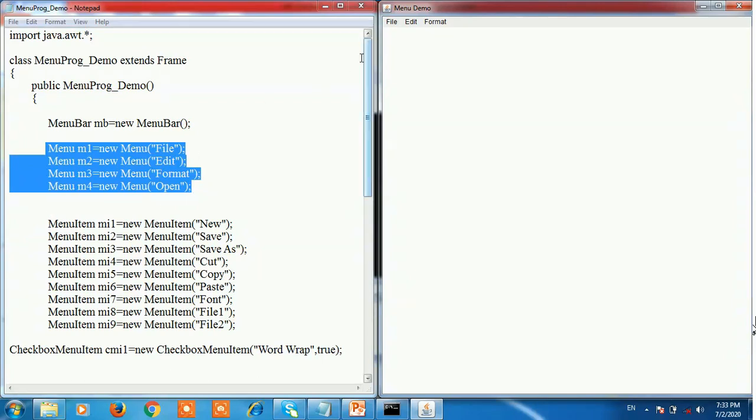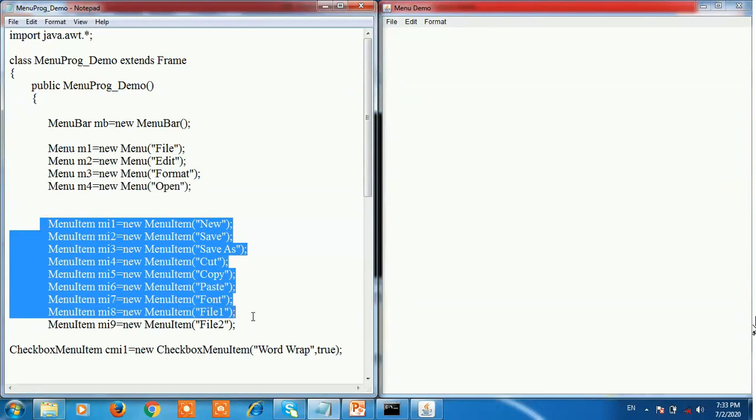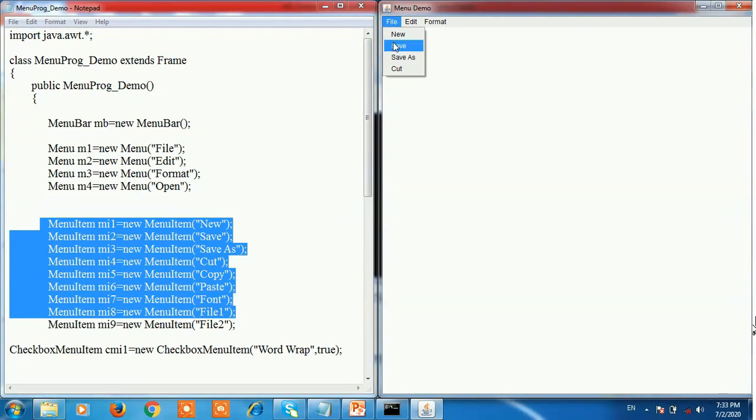After that, when you click on File, New, Save, Save As, Cut, these are nothing but the menu items. These items are the menu items. In Edit, the menu items are Copy, Open, Paste, Font, and Format has Word Wrap.